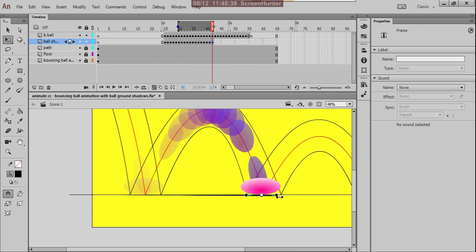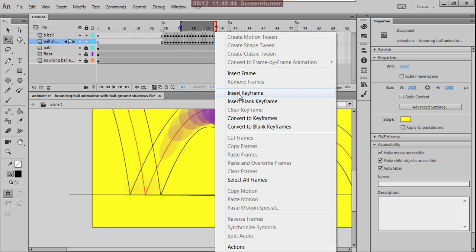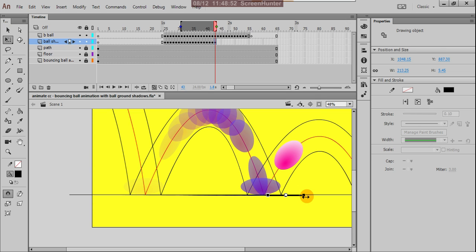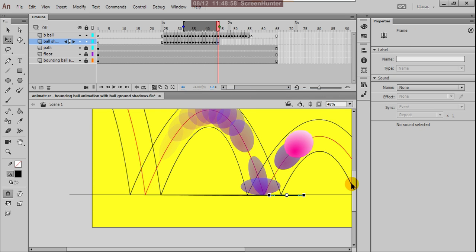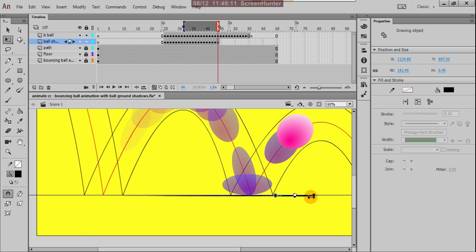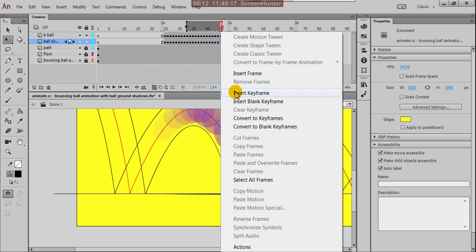Insert keyframe, it must be wider, insert keyframe, insert keyframe, it is going up and must be a bit smaller. Okay, and here insert keyframe.